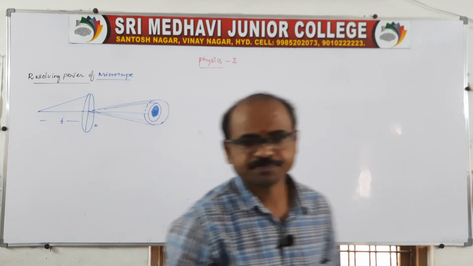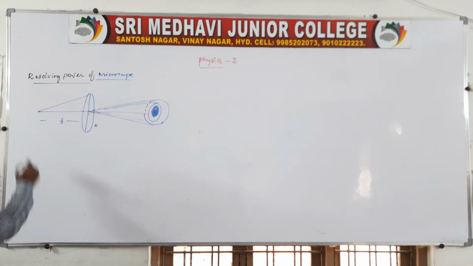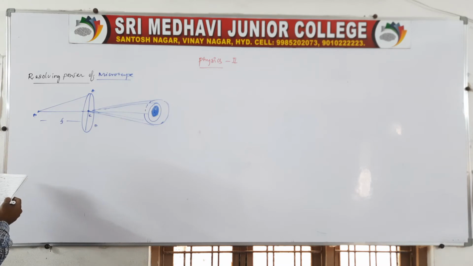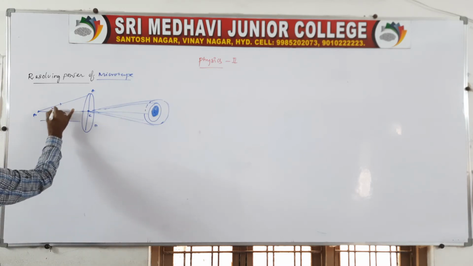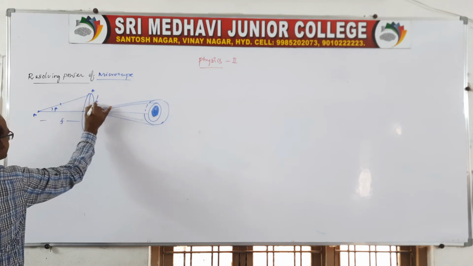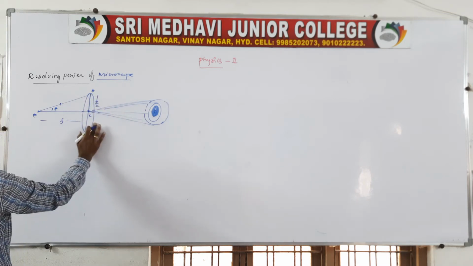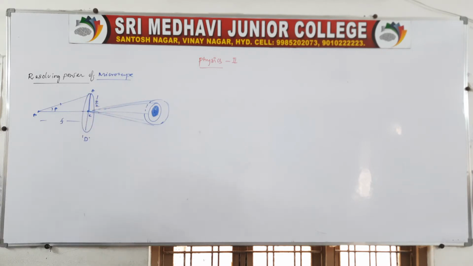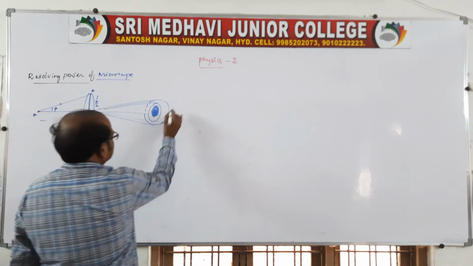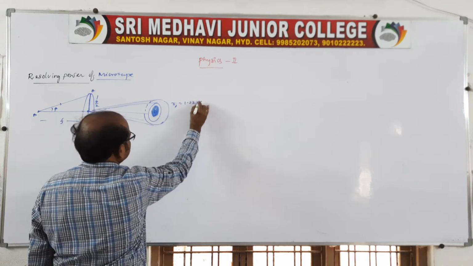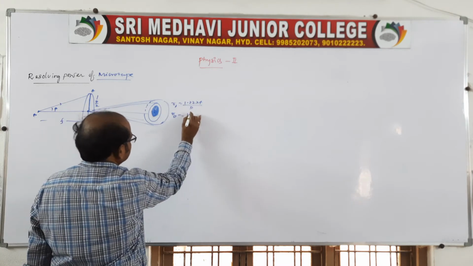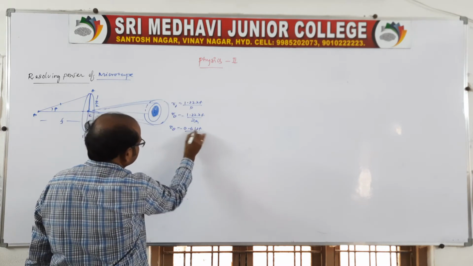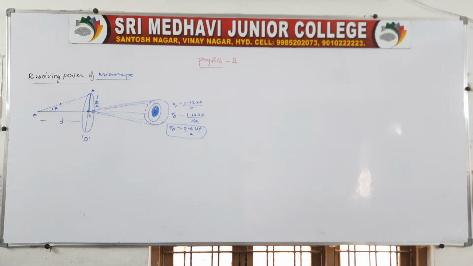Now coming to the point, you take B, A, and the central point C. Here the rays make an angle beta, and in this we have d by 2, because this total diameter of the lens is d, so half will be d by 2. Again for the central bright region, we know R naught is equal to 1.22 lambda f by capital D, or R naught is equal to 1.22 lambda f by 2a, therefore it is 0.61 lambda f by a. Whichever you take is your wish.